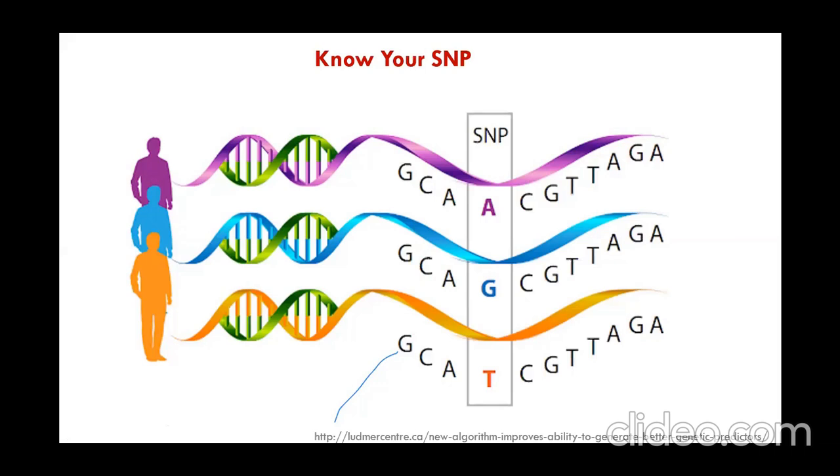There are multiple humans, there are multiple variants of sequences. You may not give a reference genome, but you take some pool of 10 to 20 from all over the world and you provide it as a reference sequence. So for a given population, you don't have a wild type and mutant condition. You have a condition of variance. At a given location, what is my nucleotide compared to your nucleotide? What is the allelic frequency among the population? What is the variability, or you call it a polymorphism? You never call it a mutation. These are polymorphisms, called single nucleotide polymorphism, at the location of one nucleotide at a specific location of the gene.